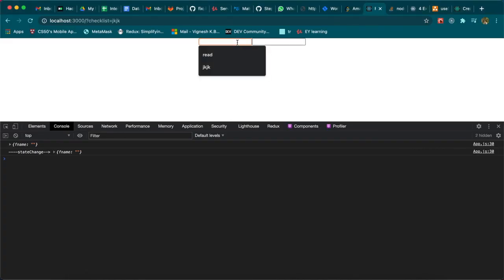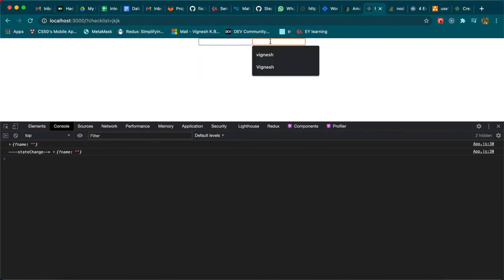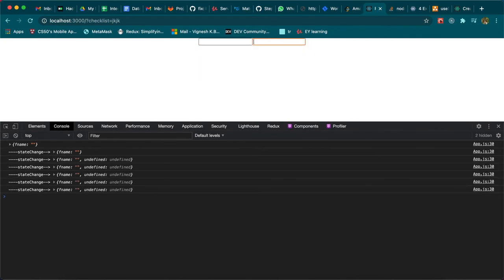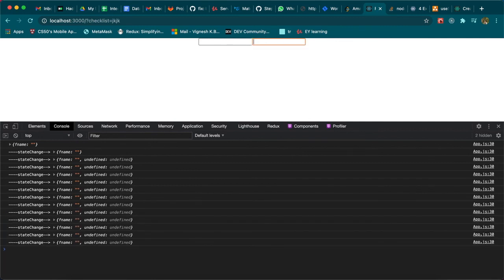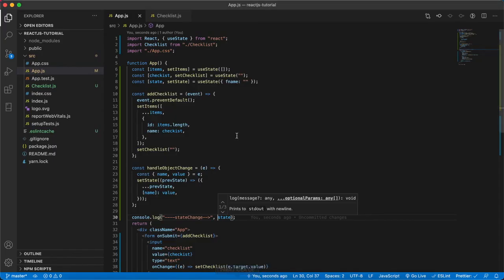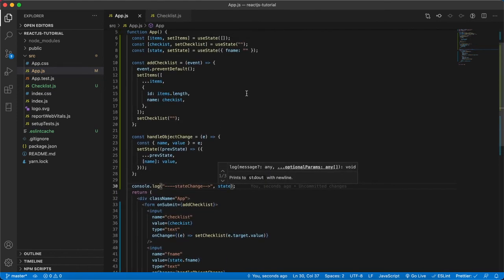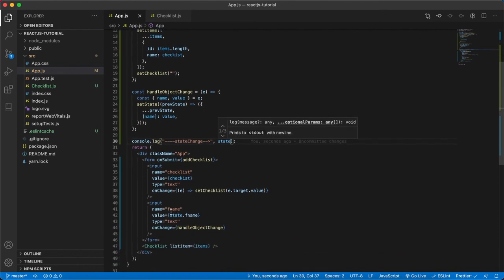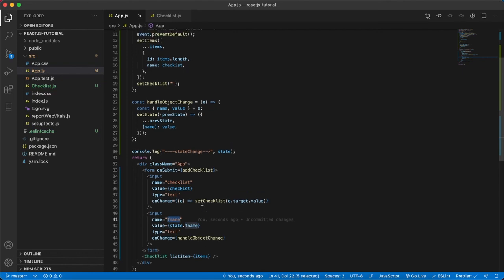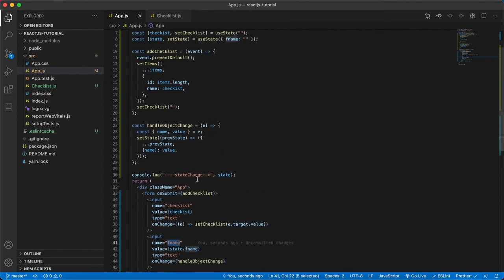So now the first one is this one, so second is the one that we had. If you see, there's an empty object, so whenever we type, it's saying undefined and it's empty, right? So there is some issue happening. Yeah, so the mistake we made is that we didn't say e.target. Actually it is pointing to the event, but we have the name and value inside the target object, so we have to use e.target.